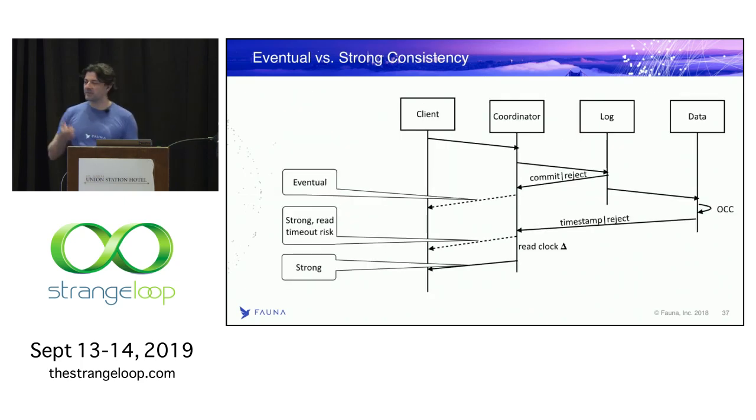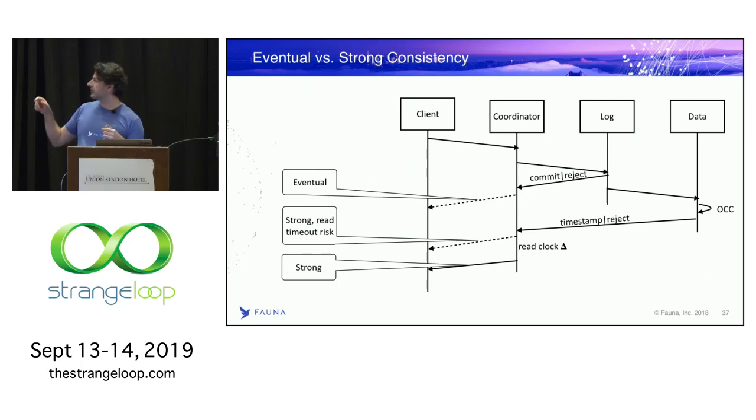So the time diagram looks something like this. The client submits the transaction to the coordinator, which submits it to the log. The log, after Raft has reached consensus that, yay, we committed it, will ack back. If its in-memory buffer is full, it can reject it, and the coordinator can retry a different one. At this point, when it got back a commit message, it could even ack back to the client. That's the first dotted line. We don't do that. It could only ack to the client saying, hey, your transaction is durable, it will eventually get applied, and then you would get a system with eventual consistency. We chose not to do that.